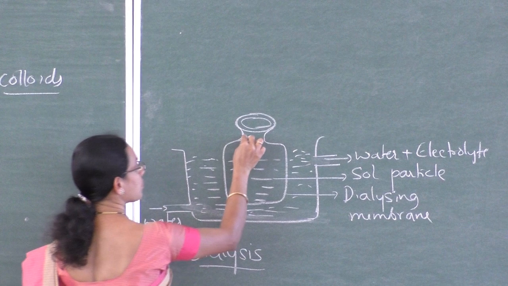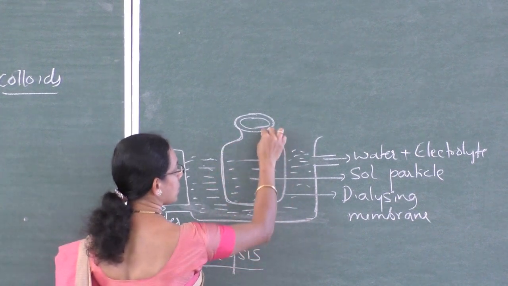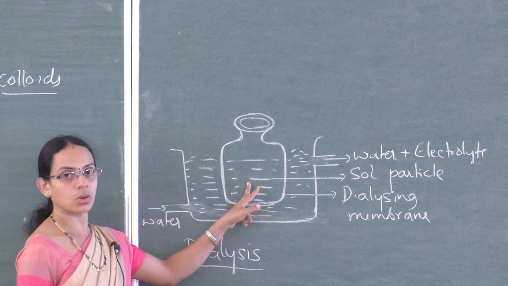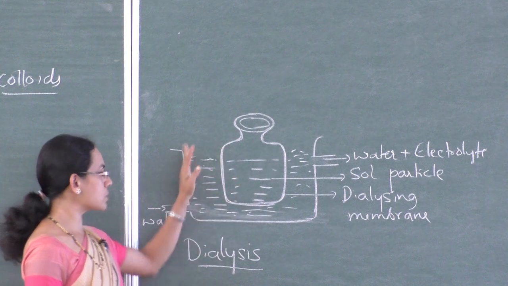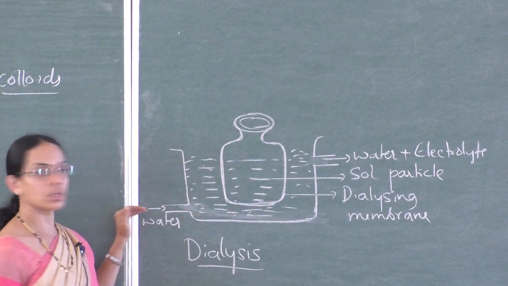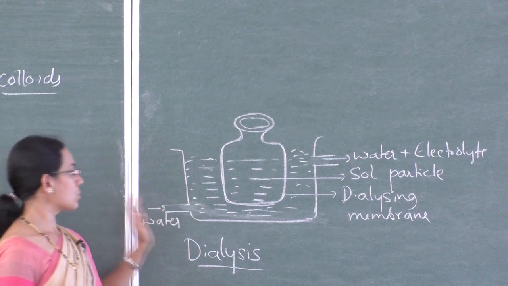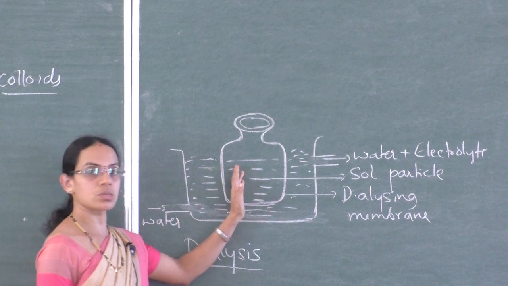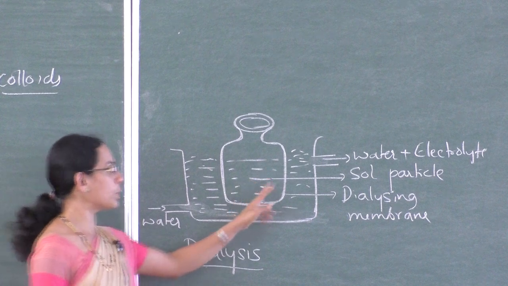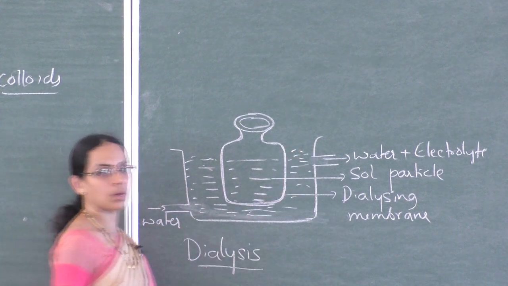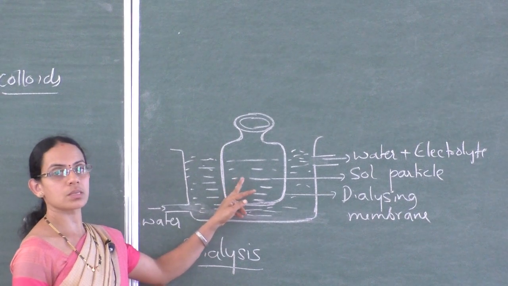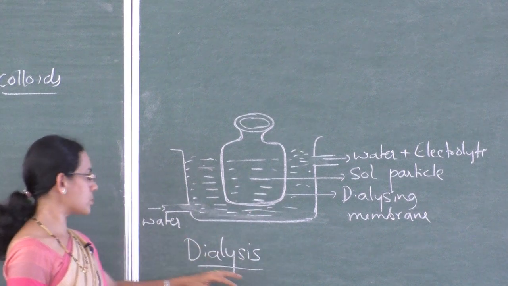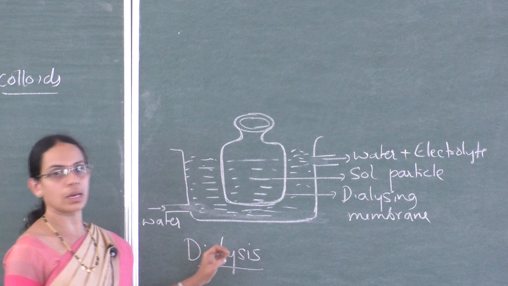So, this is a bag of parchment membrane or animal membrane in which the impure colloidal sol is taken, and then it is placed in the vessel containing water through which continuous water is flowing. When it is washed with water continuously, the small ions and molecules come out of the colloidal sol through the parchment membrane, whereas the colloidal particles are left behind inside the bag. A simple procedure, dialysis, the instrument is called a dialyzer.